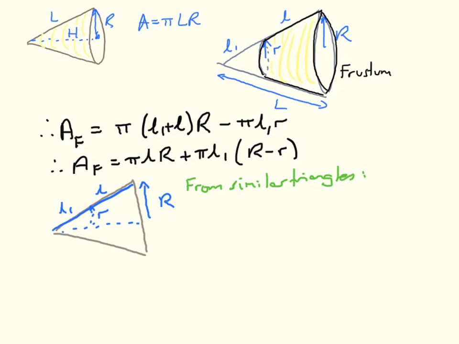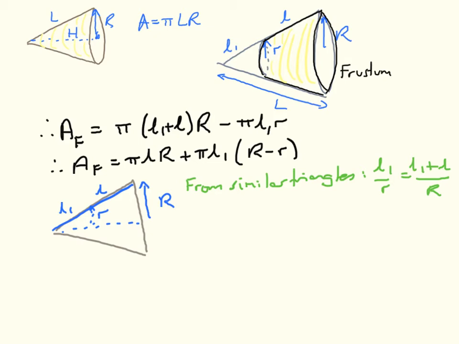triangles, we have that L1 over little r, say, so that is the ratio of this side divided by this side, must be equal to the ratio of this side divided by this side, and that is going to be L1 plus L, all divided by capital R. And now what we do